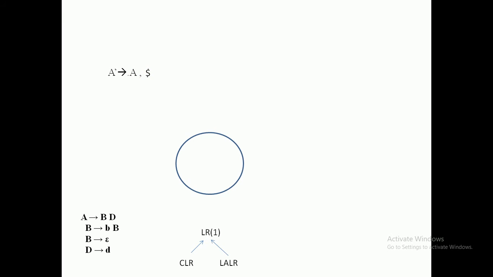Since the dot is in front of a non-terminal, we need to derive the closures of this A. How many closures are there? A derives only one production, so you have to write one production. After you take the new production as a closure of this capital A, you should also put the dot in front of the new closure. Here I have put the dot also. Now what is the lookahead of this capital A? Dollar. So this closure's lookahead also becomes a dollar.